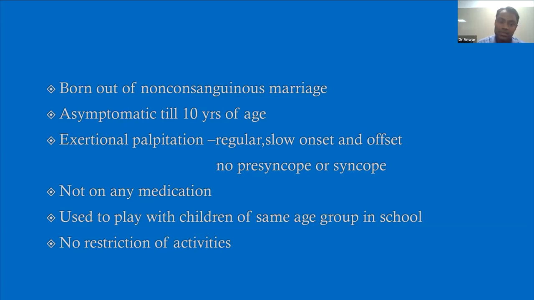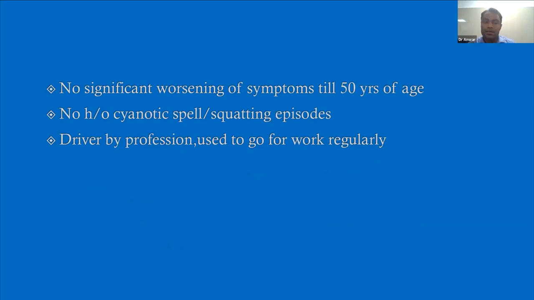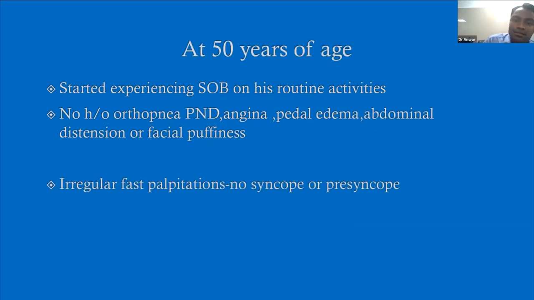He was not on any medication. He used to play with children of the same age group in school. There was no history of any restriction of activities, and no significant worsening of symptoms till the age of 50 years. No history of cyanotic spells or squatting episodes. He was a driver by profession and used to go for work regularly. At the age of 50 years,